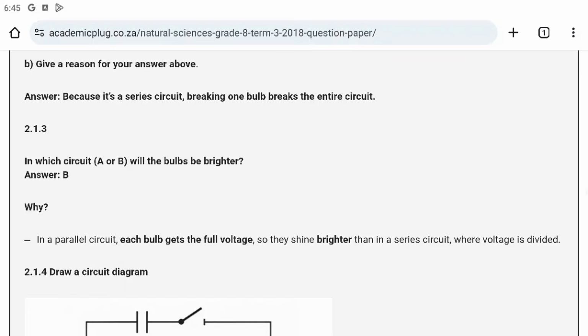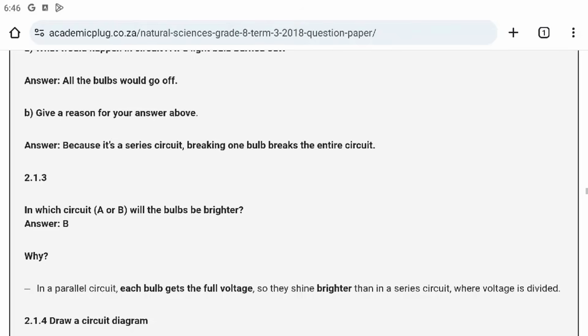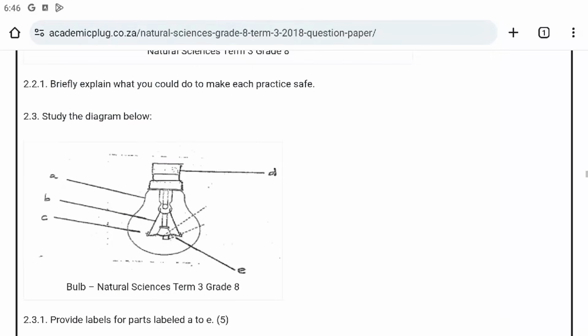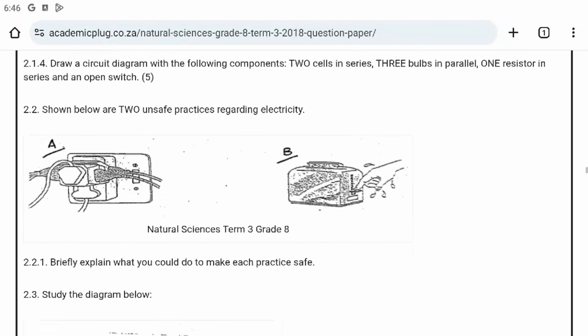B. Okay. In a parallel circuit, each bulb gets the full voltage, so they shine brighter than in a series circuit, where voltage is divided. Okay. 2.1.3 that was, then